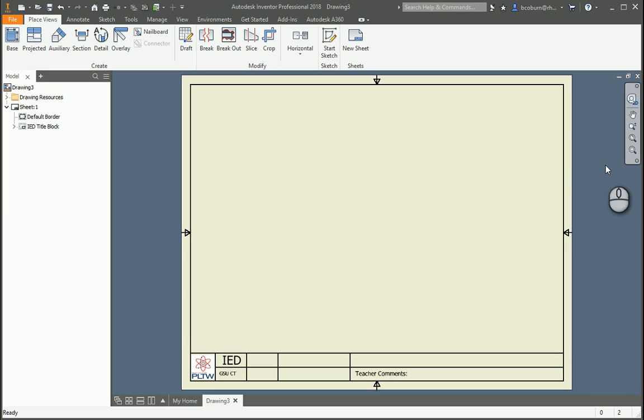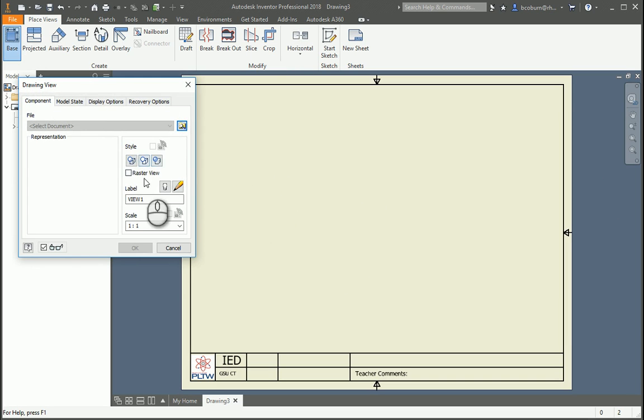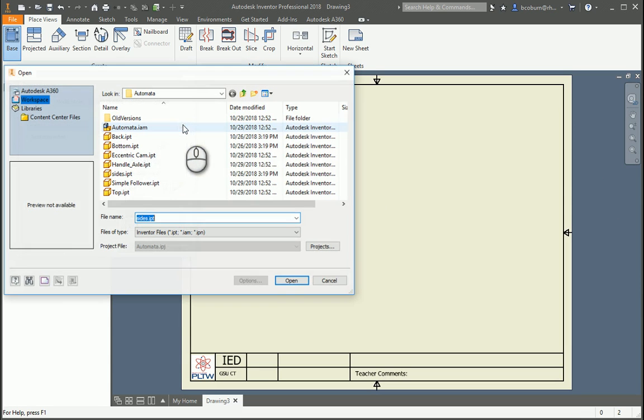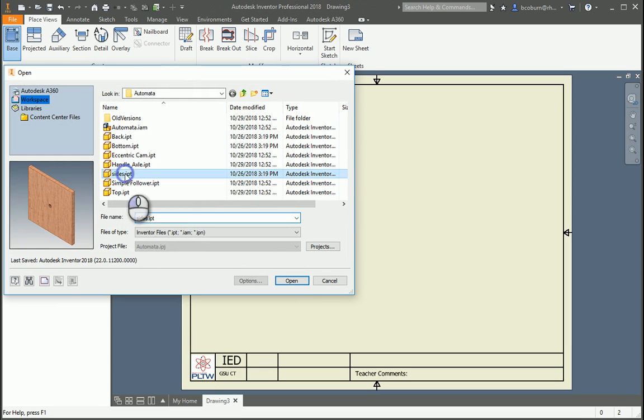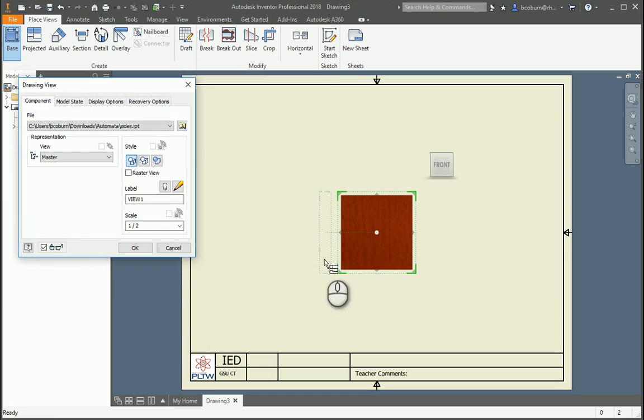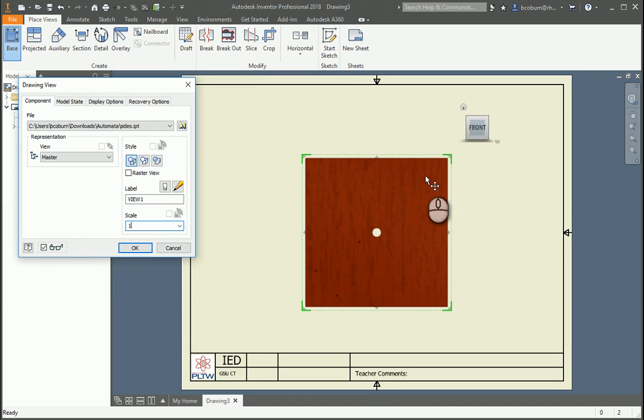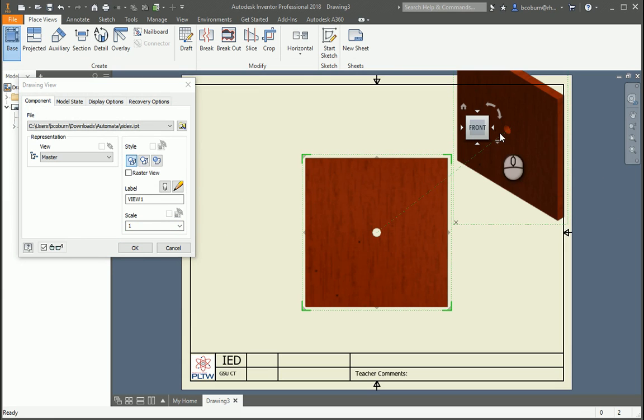Open up an IDW, a drawing sheet. This is size A, that's the default one I use for my classroom. So first thing I'm going to bring in the base, and I'll go find it. For the base, I'm going to pick the side with a hole, and that's the right view for me. Scale's off, probably 1 would work better, and I'll put an isometric up in the corner,